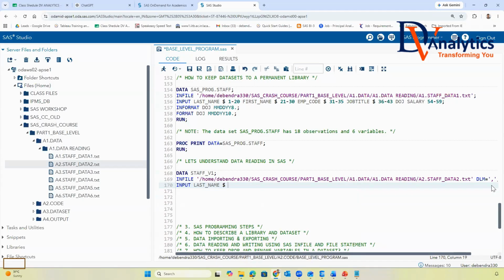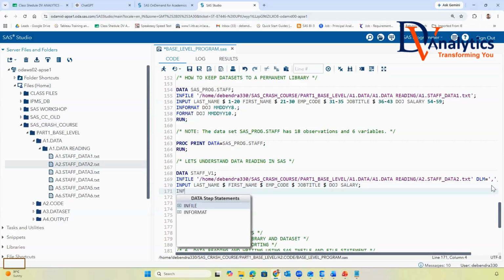You don't have to define any length for this because it's coming from the reading data, and comma as a delimiter. Then you can go for first underscore name as dollar as a character field, employee underscore code as a dollar as a character field, job title as character field. Then you can go for date of joining and giving the salary information here.